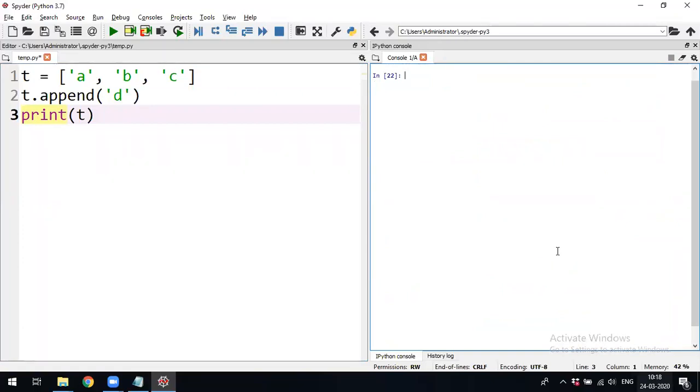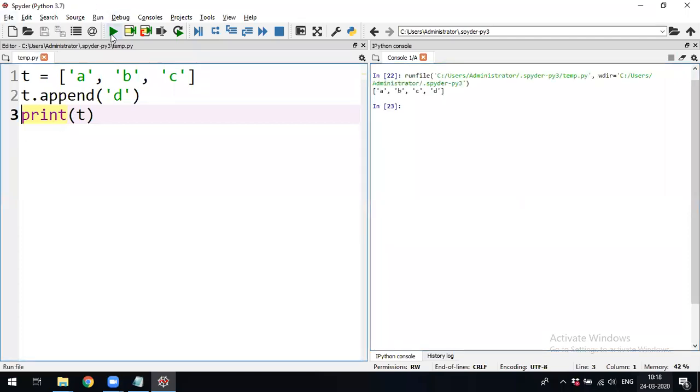You should practice append and extend well, and also know the difference between them. Append means if you want to add an element at the end of a list, just one element, in that case we'll go for append.